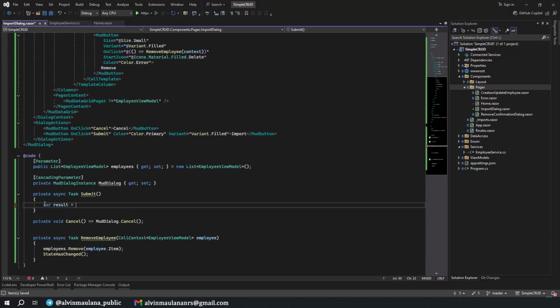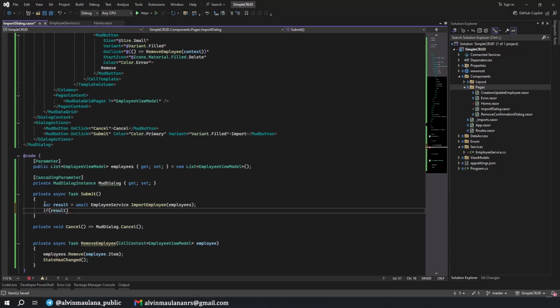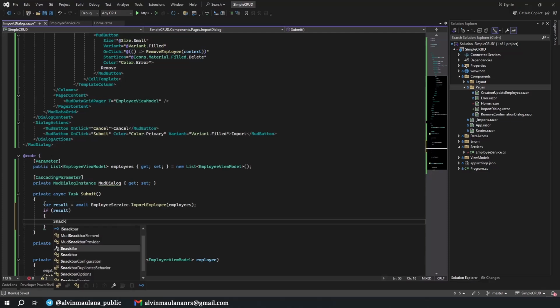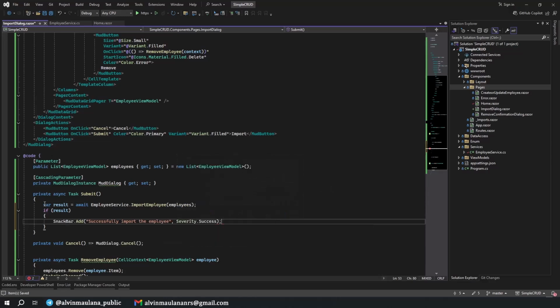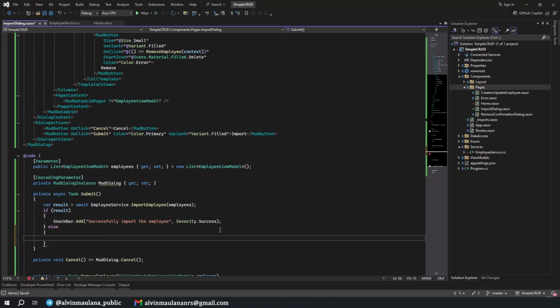Result is await EmployeeService ImportEmployees, and then if result is success or true, we are returning the snack bar with successfully imported employee, with severity success. And then else we just show a failed to import the employee.